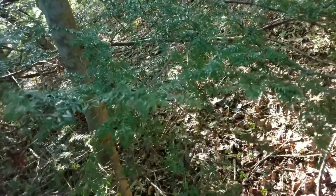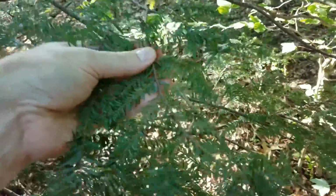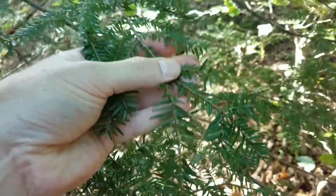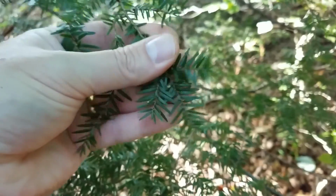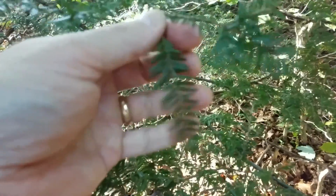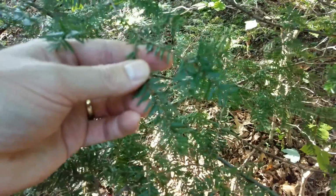I'll mention some trees that I would classify in the wild edibles category, and the first one here, this is eastern hemlock. Eastern hemlock is in the pine family, and like other trees in the pine family, you can collect those young needles and you can steep them in some hot water and make a nice citrusy tea. The tea is high in vitamin C, so that's a possible hot beverage that you can make from a native